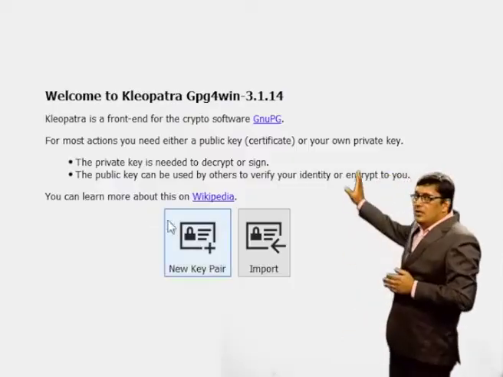So, in Cleopatra, we need to generate keys. For our demo, we will generate two pairs of keys, one for the sender and the other for the receiver. The sender will send the signed and encrypted message to the receiver. The receiver will then decrypt the message and verify it. So, we click on new key pair,